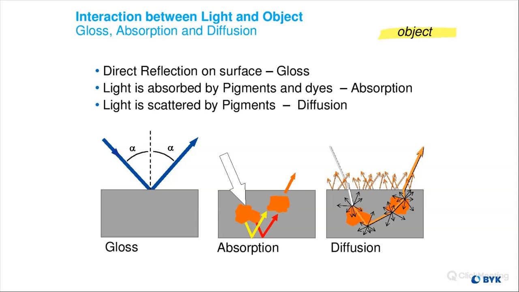If you can imagine light coming down from the sun, it hits a sample here. We have the first reaction, which is gloss. That is the light coming down, touching the surface of that sample, and then reflecting off at the opposite angle that it comes down at. Typically, gloss is white light, and that's your specular reflection. Then the next thing that occurs is absorption. That is the light coming down, and the special pigments in the sample or object are selective, so they're only going to absorb certain colors of that light.